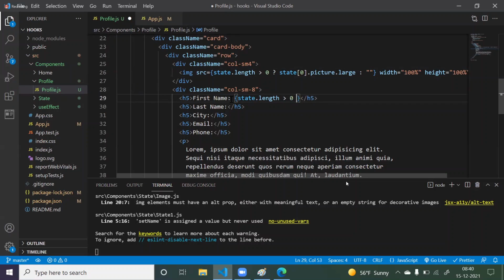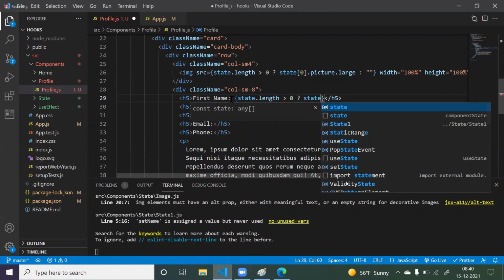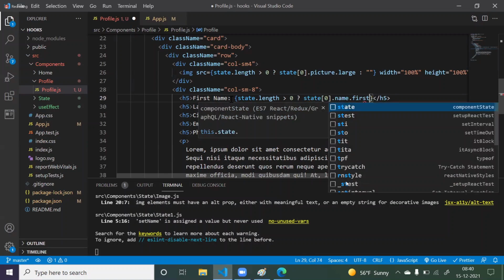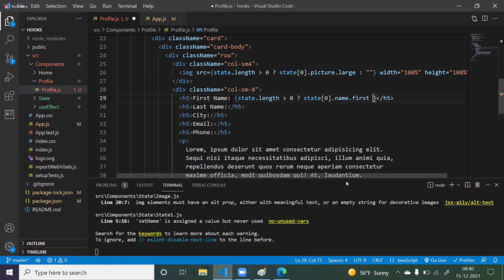If it is greater than 0, then pick the name. State of 0 dot name dot first. If it is empty, then just give an empty string. Empty string.